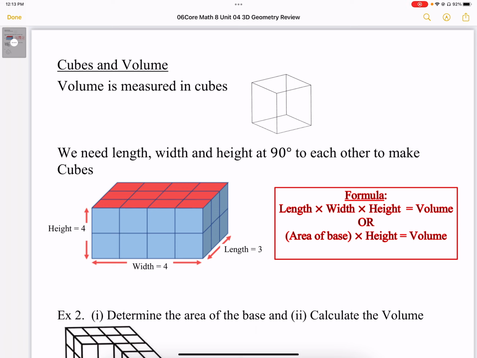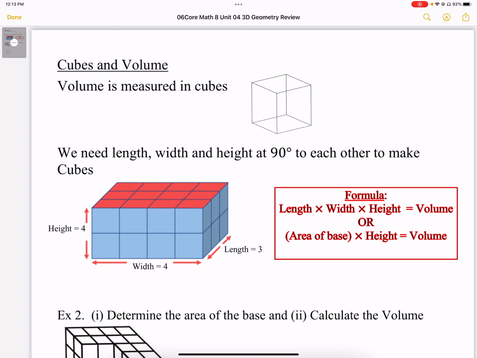So if we can see all the cubes, that's great. We can count, and that is going to be the number of cubes, and that's going to be the volume. But if we can't count all the cubes, because sometimes you can't have the physical object and break it all apart, we can rely on some formulas. And for a rectangular prism, we could just use length times width times height, or we can use the area